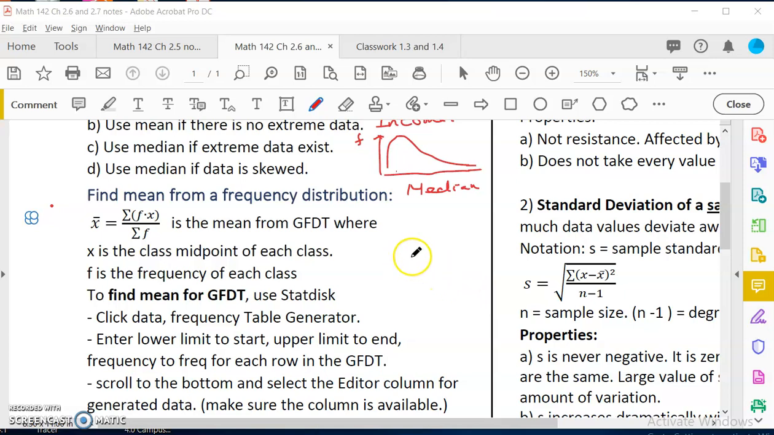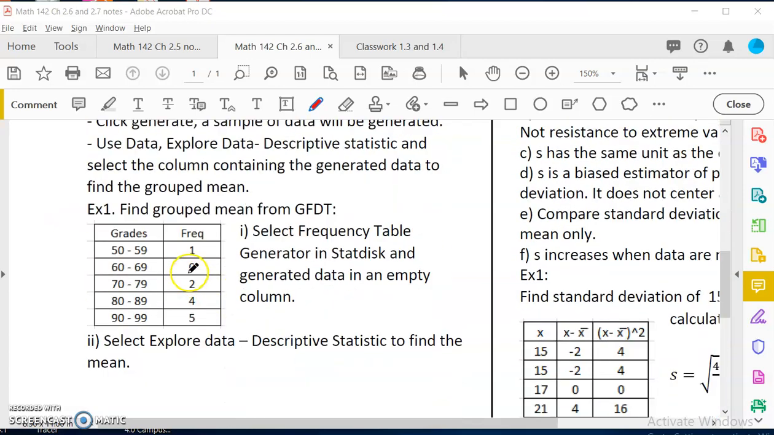The last part is to calculate the mean from a frequency distribution. In case you do not have your data, but you have data from a frequency distribution table, like the one over here. So your data is missing, or you copied your data from someone else, but they only gave you a summary from a table. That means you can only tell that